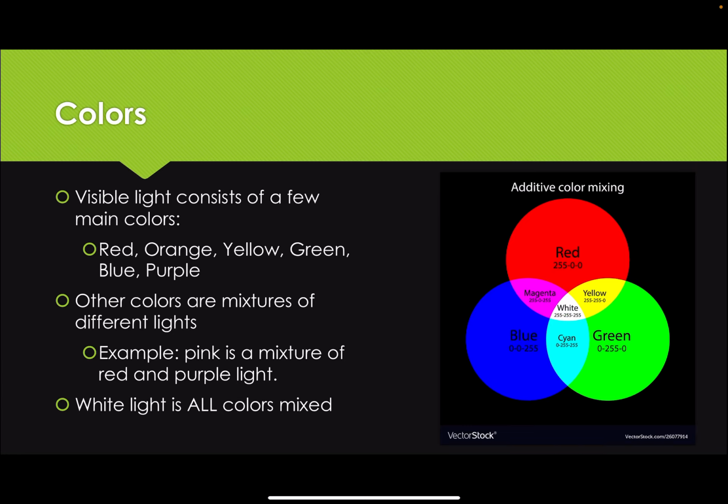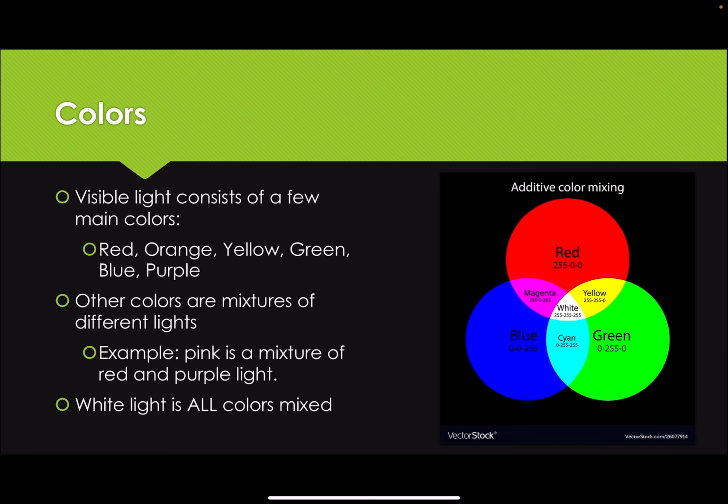When you talk about light, we're going to have three primary colors: red, green, and blue. You're probably used to your art class saying that the three primary colors are red, yellow, and blue. And that's the truth for pigments and for your art class. But when we're discussing light, which is additive light, our three primary colors are red, green, blue, which is why if you see your TV and your LED lights, they consist of small red, green, and blue